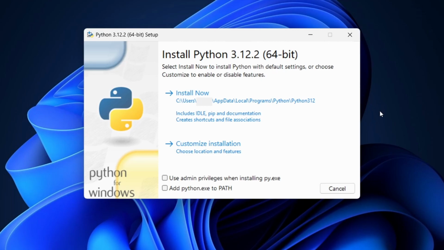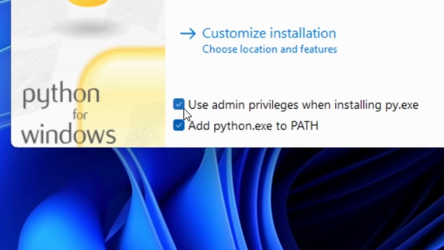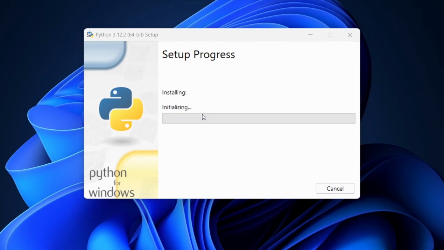The Python installer window will now open. Here, you'll see a checkbox labeled Add python.exe to PATH. Make sure this checkbox is checked before proceeding. This option ensures that Python is added to the system path, allowing you to run Python commands from the command prompt or PowerShell. Once you've confirmed that the checkbox is checked, click on the Install Now button to begin the